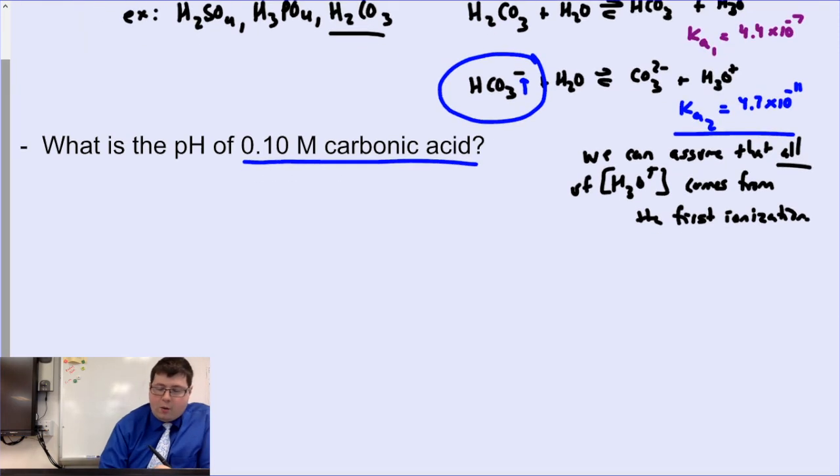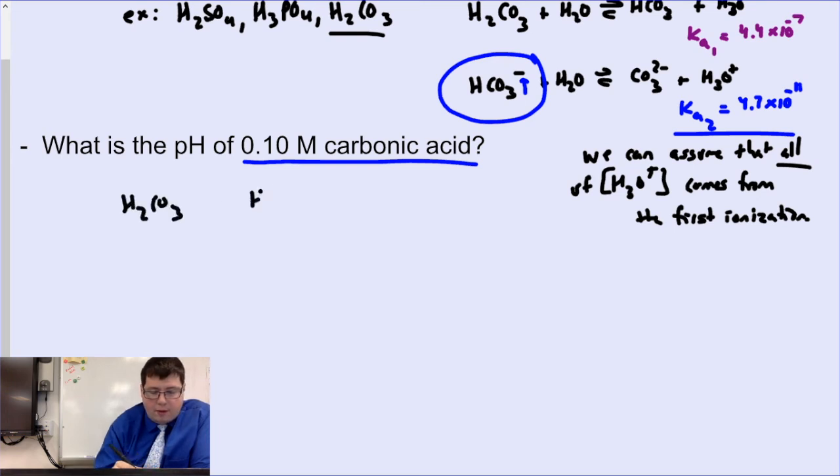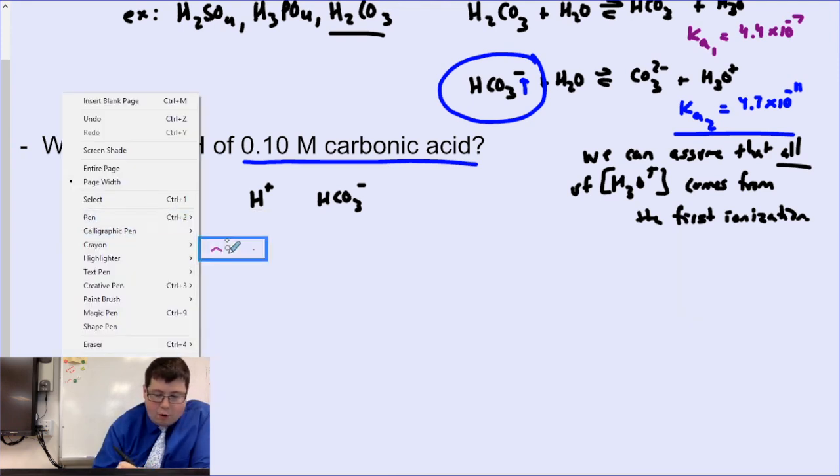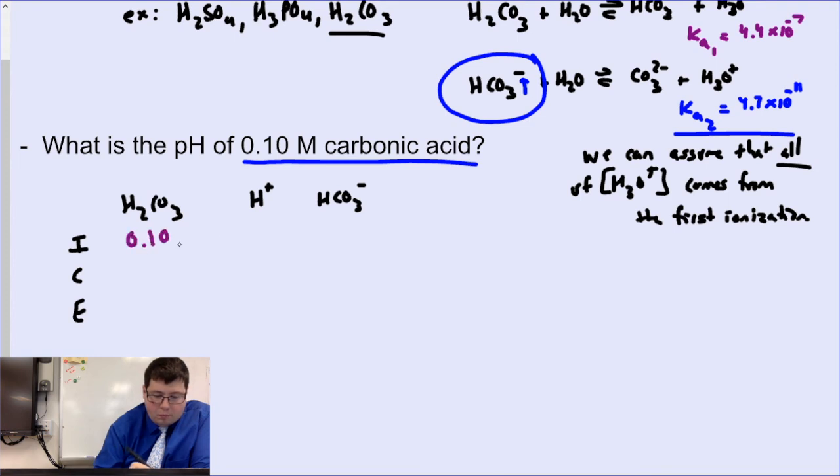And so if I go ahead down here, set up an ice table for the first ionization of my carbonic acid, we're going to have H2CO3. That's going to form H plus and HCO3 minus. I have I, C, and E. Looks like my I here is 0.1 molar. H plus and HCO3, we're going to say start at 0. I then lose an X amount of this, gain X and X, and so I get 0.1 minus X, X,